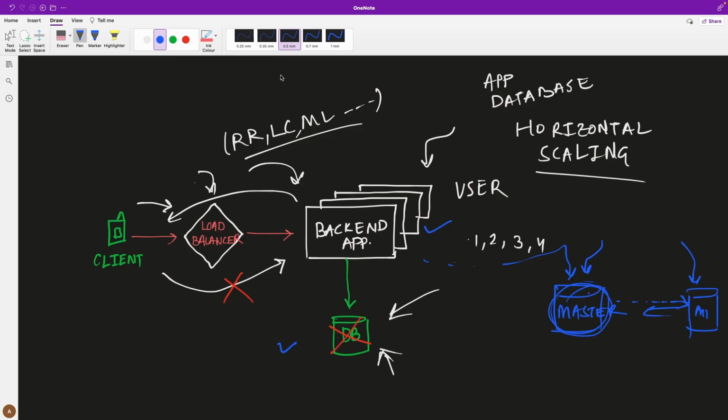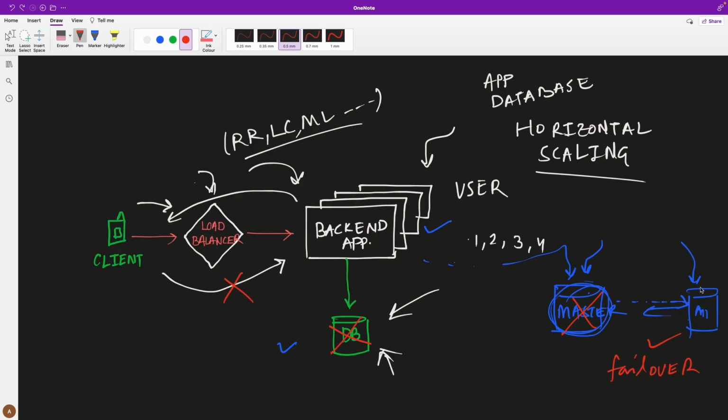Now assume that at any point in time this database is not available or goes down for some reason, then this can become your master database. So basically it's a failover scenario. When one database or one instance goes down, the other one takes over and starts taking the writes. So in this case, at least we removed the single point of failure. If this database goes down, the follower database can become the master, and then it can start taking the write requests or the read requests.